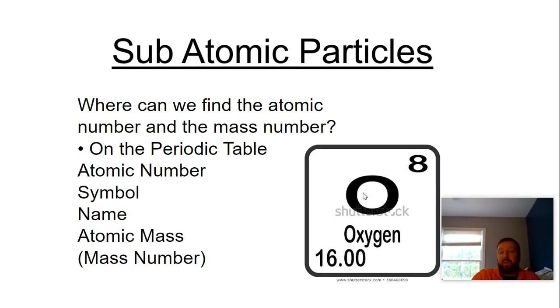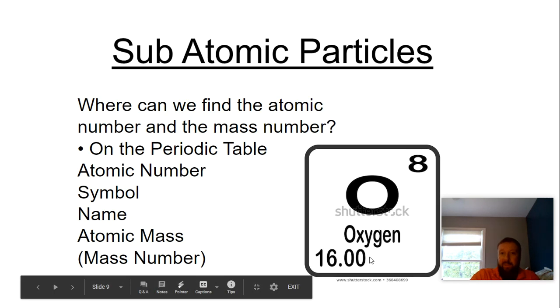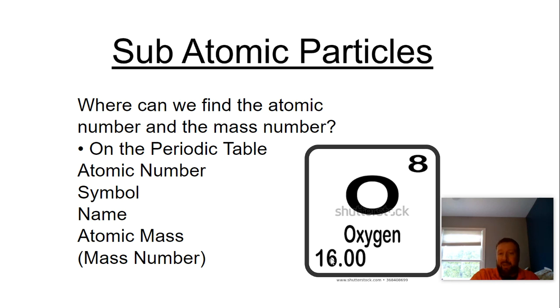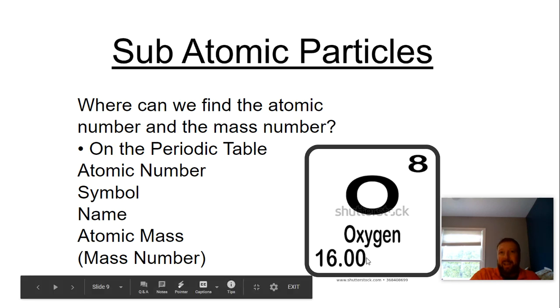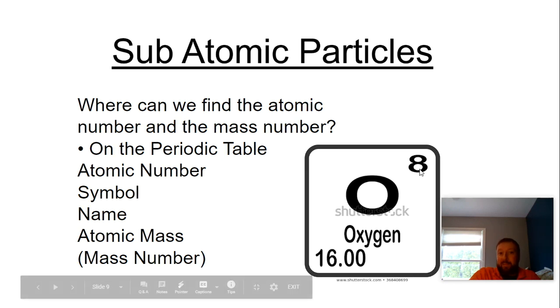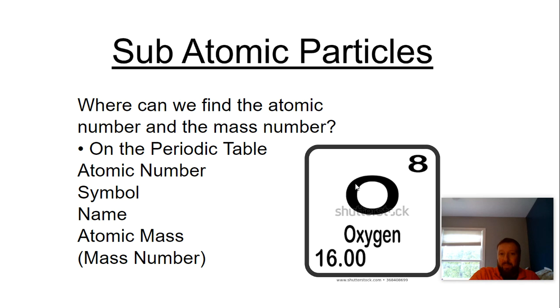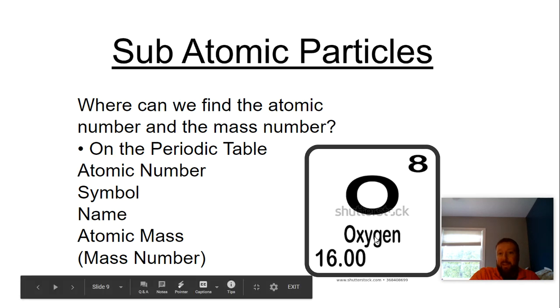So if we're looking at a part of the periodic table here, I picked this one. I know it's got something written right there, but it was the one that actually showed oxygen as being 16 instead of 15.99. When you see 15.99, that is an average of all naturally occurring oxygens. But this number, in order to find the number of protons and neutrons, has to be a whole number. So I found this one that had 16. But you have the atomic number up here. You have the symbol, the name of the element, and then you'll have the mass number,